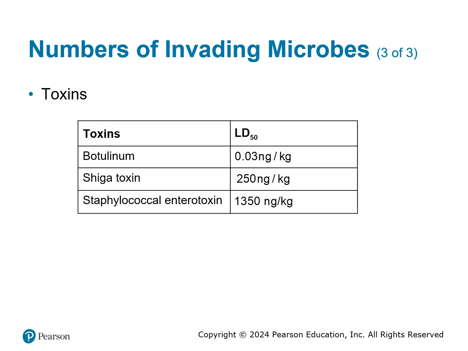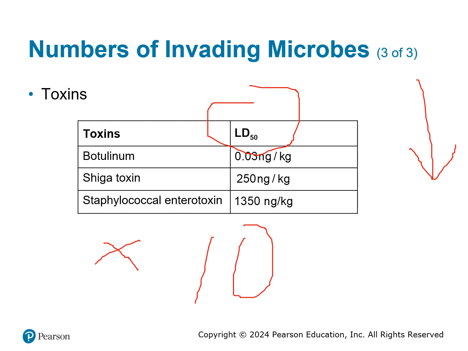All right, then we have the LD50. Now, the lower this number is, the more deadly the toxin is. So out of these three, you want to look at the units really carefully. So this is nanograms per kilogram. Remember, nano is times 10 to the minus 9. So that's a really small amount. Okay, you need more of this one to kill somebody. Staphylococcal enterotoxin, entero means intestines, you need even more. So the most deadly one here is botulinum.